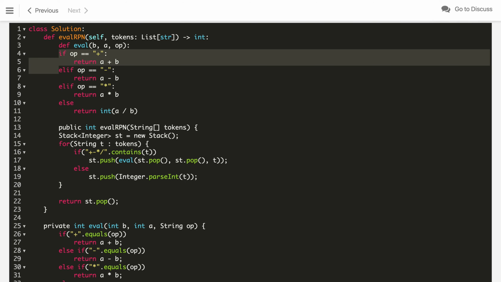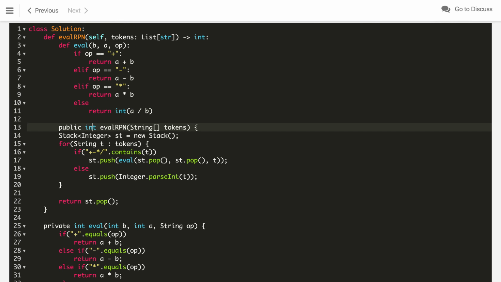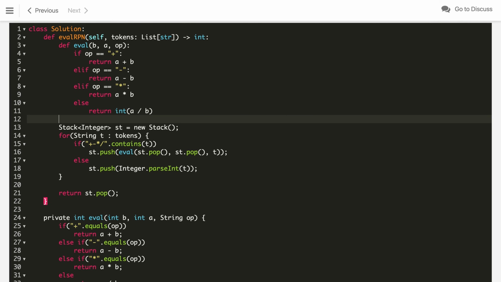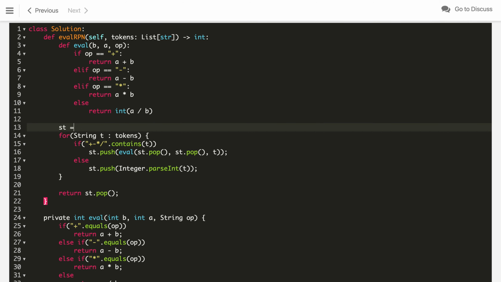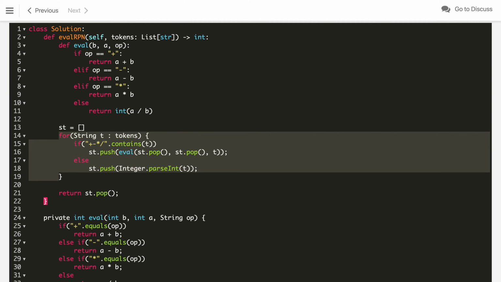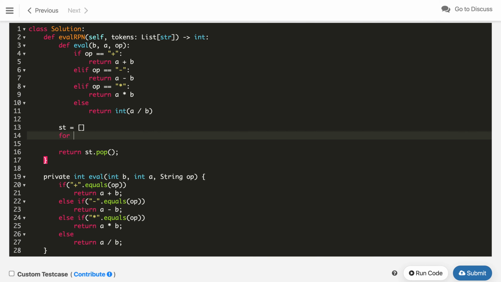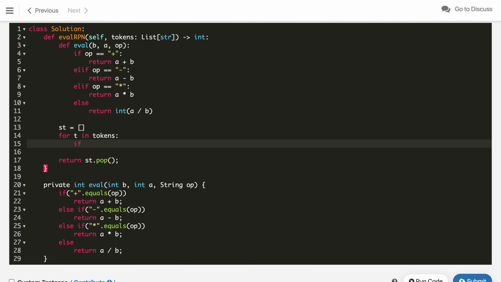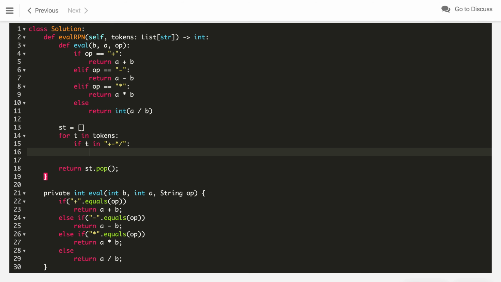Let's just format it properly. Now in our main RPN method we need a stack. In Python we declare a stack just using this, and here let's write this whole definition again. So this will be for t in tokens, and if t is in all the available operators, plus, minus, star, division, then we call st dot append here.